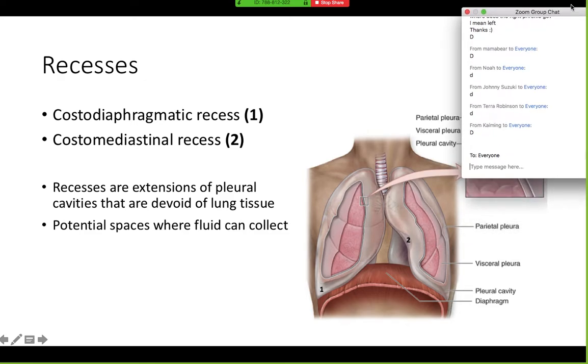I want to say, so I don't know if they did this on your all's practical, but you know how they can put images up on the TV screens in the lab? So they had an image, and it had an arrow pointing right here, and it asked you basically what that was, like what's the arrow pointing to. So you just needed to know that was the costodiaphragmatic recess. So if they did something like that, that should be a really easy point. Okay,